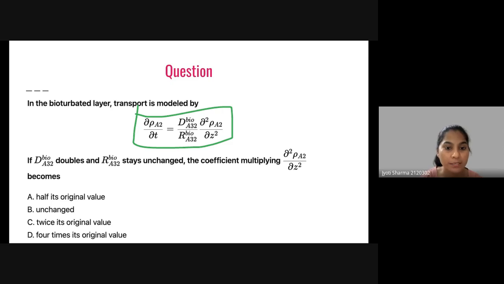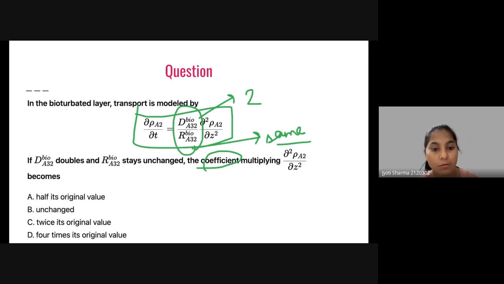So what we are saying is that if this is doubled, and this is the same, then the coefficient will become what? We are asking about this term only. So the coefficient will be doubled, right? If the numerator is getting doubled and your denominator is unchanged, it means your whole coefficient will be doubled. So the important thing that we need to learn is, what do you mean by